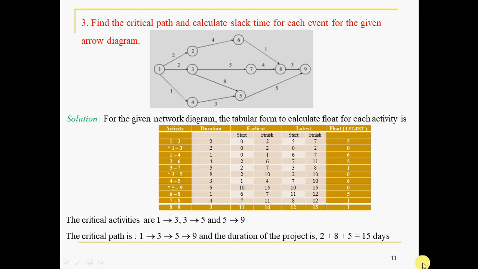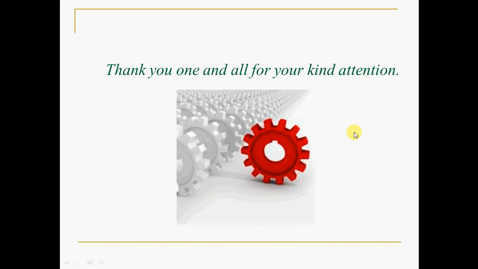So that's all about this session, friends. In the beginning, in the objectives, the outcomes were decided: to draw the project network, and before that to know the concepts of what CPM is and where it is used. Then the next one is drawing the project network. The last one is how to identify the critical path and the project duration. I am sure that we have met the objectives or the outcomes that were defined in the beginning slide.